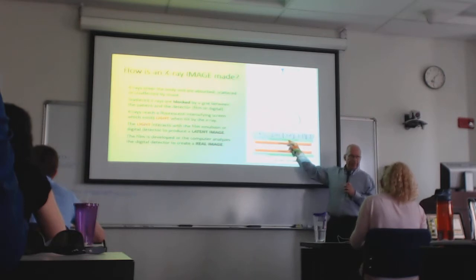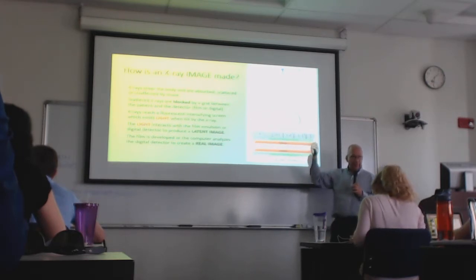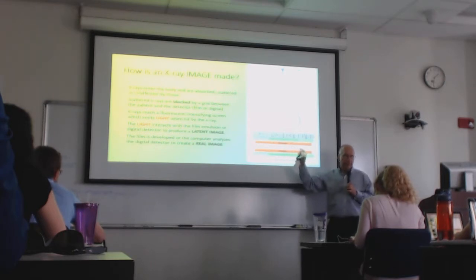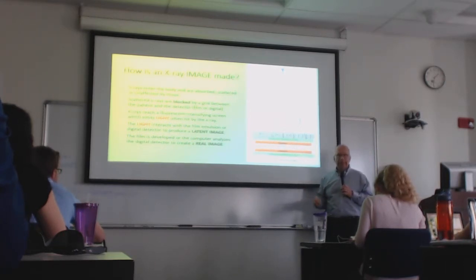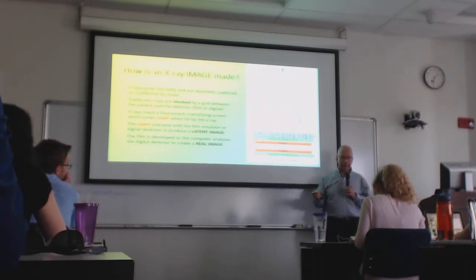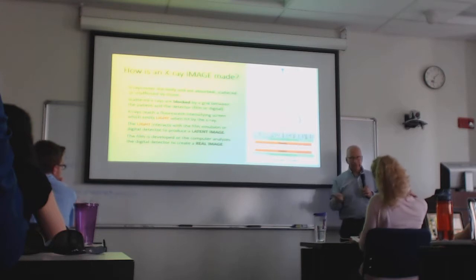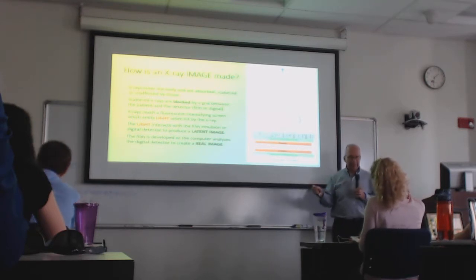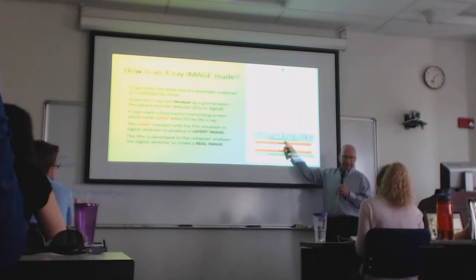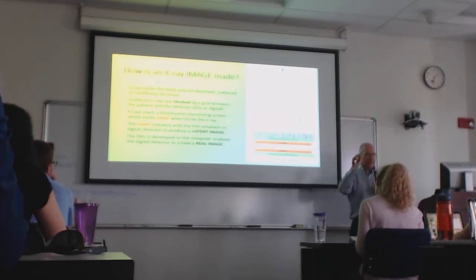The next thing these X-ray photons encounter is an intensifying screen. Here's a common misnomer: people will think, well, I had an X-ray, so those X-rays were immediately turned into an image. Actually, the X-rays don't contribute anything to the image. The only thing they contribute is that they hit this intensifying screen, and the intensifying screen creates a little blip of light.